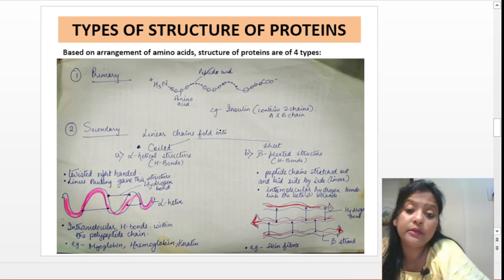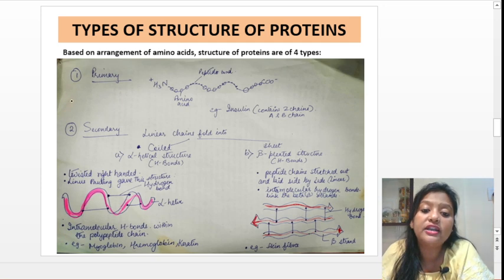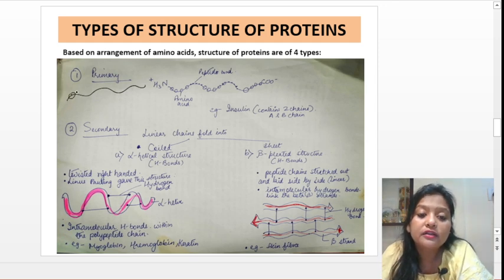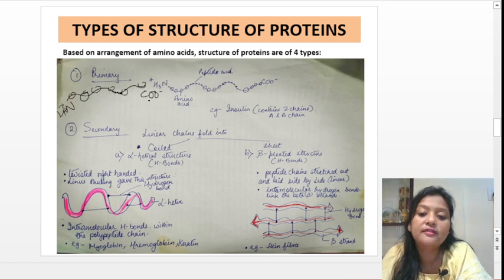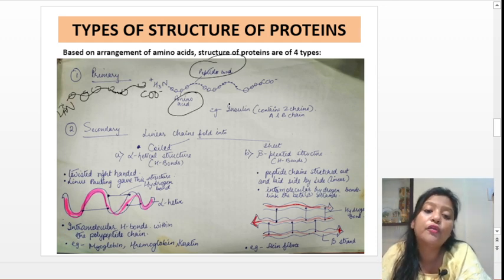So looking into the primary part, you can see out here it's just like a chain type. The amino acids are present in a chain. On one end there is the acidic group, and on the other end there is the alkyl group, the basic group. And these are the peptide bonds. There are peptide bonds which are binding the amino acids. The diagram you can see here, peptide bonds and the amino acids. An example of primary structure of protein is insulin.